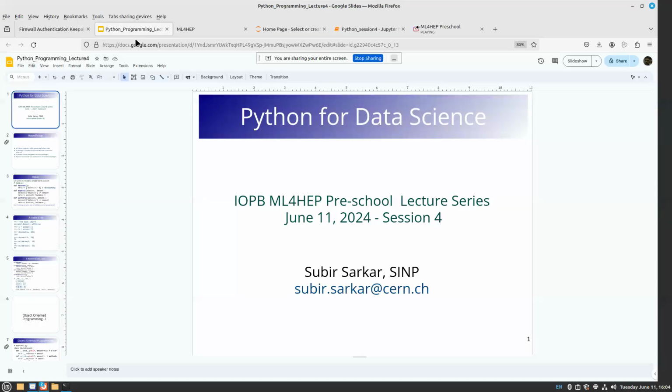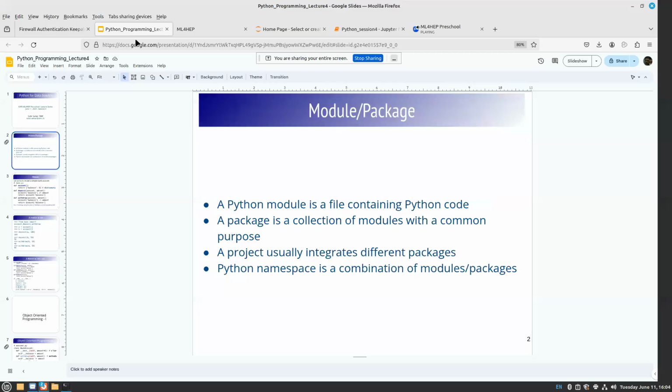So what is a module? A module in Python is a very simple concept. If you put a few lines of Python code in a file and give it a name, just .py by convention, but of course it has to be .py for it to be a module, it becomes a module. Now if it's a module, and if you have put something useful,